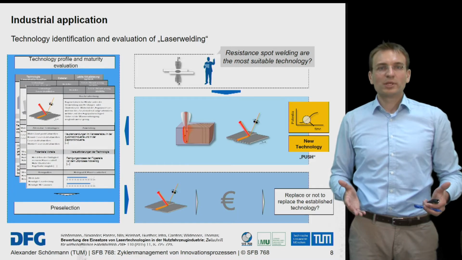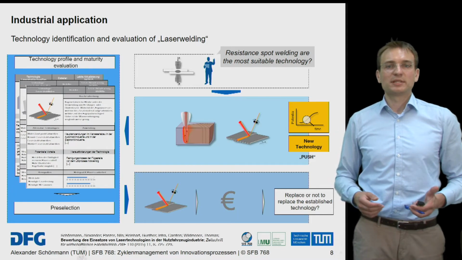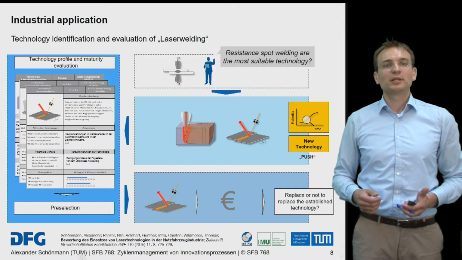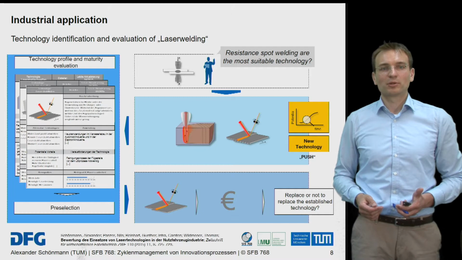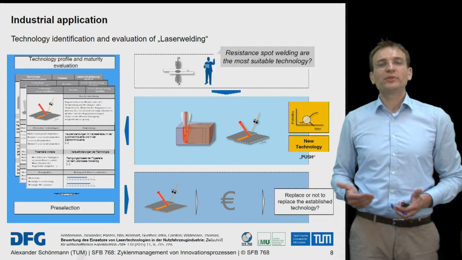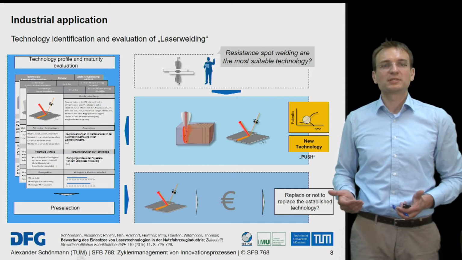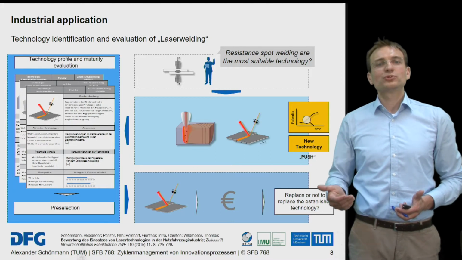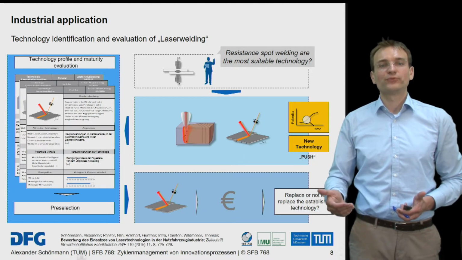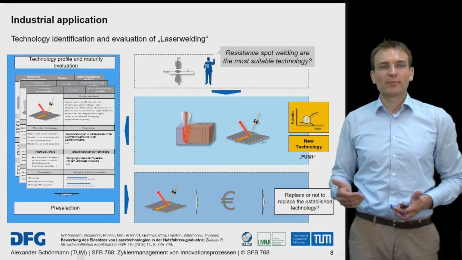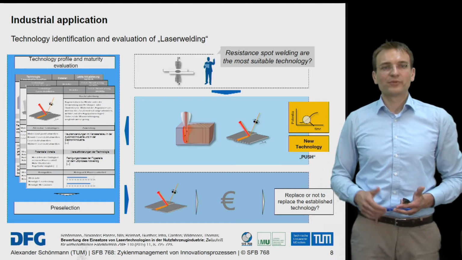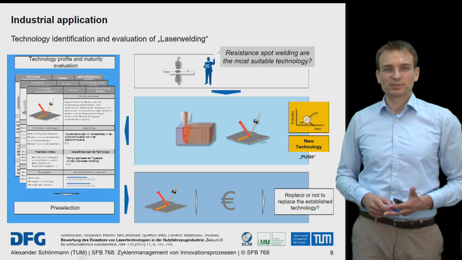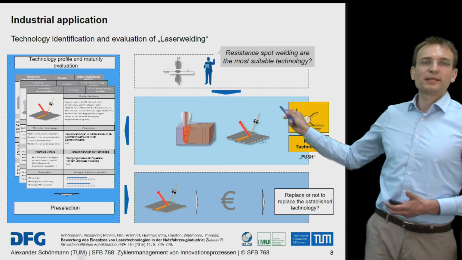Summarizing the speech, we address the continuous technological modernization activities using a real industrial application of the presented methods and models. One of our industrial partners was questioning whether the established production technology of resistance spot welding is the most suitable one for satisfying the current and future requirements. The first step was to identify alternative technological solutions by applying the method of the identification of production technologies. Laser welding and laser soldering